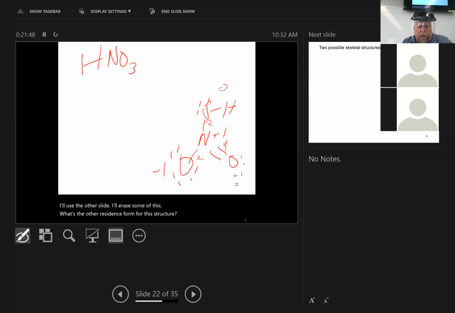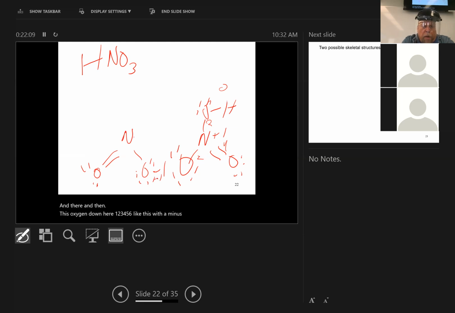What's the other resonance form for this structure? Well, the other resonance form will be like this. Double bond over here, with this electron pair there and there. And then this oxygen down here, 1, 2, 3, 4, 5, 6, like this, with a -1